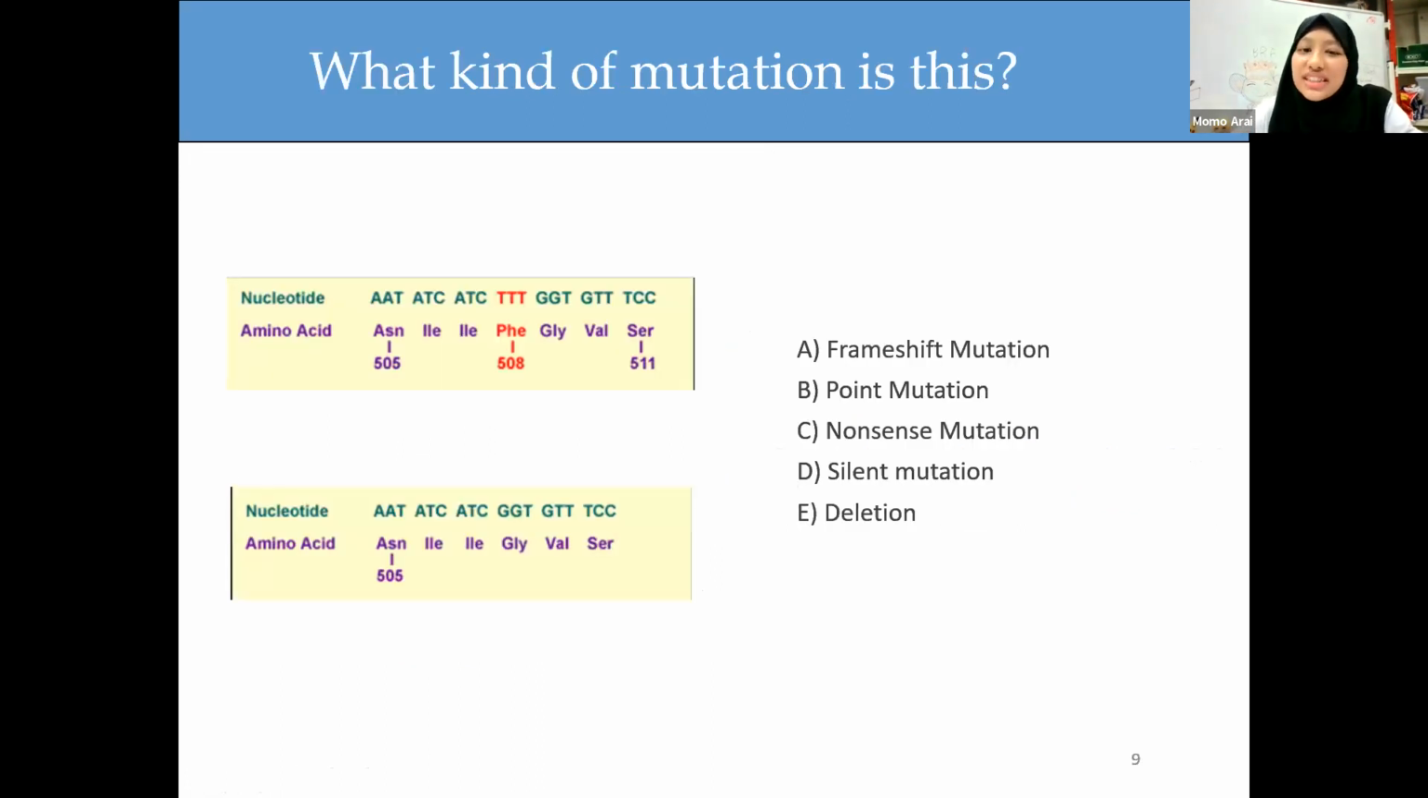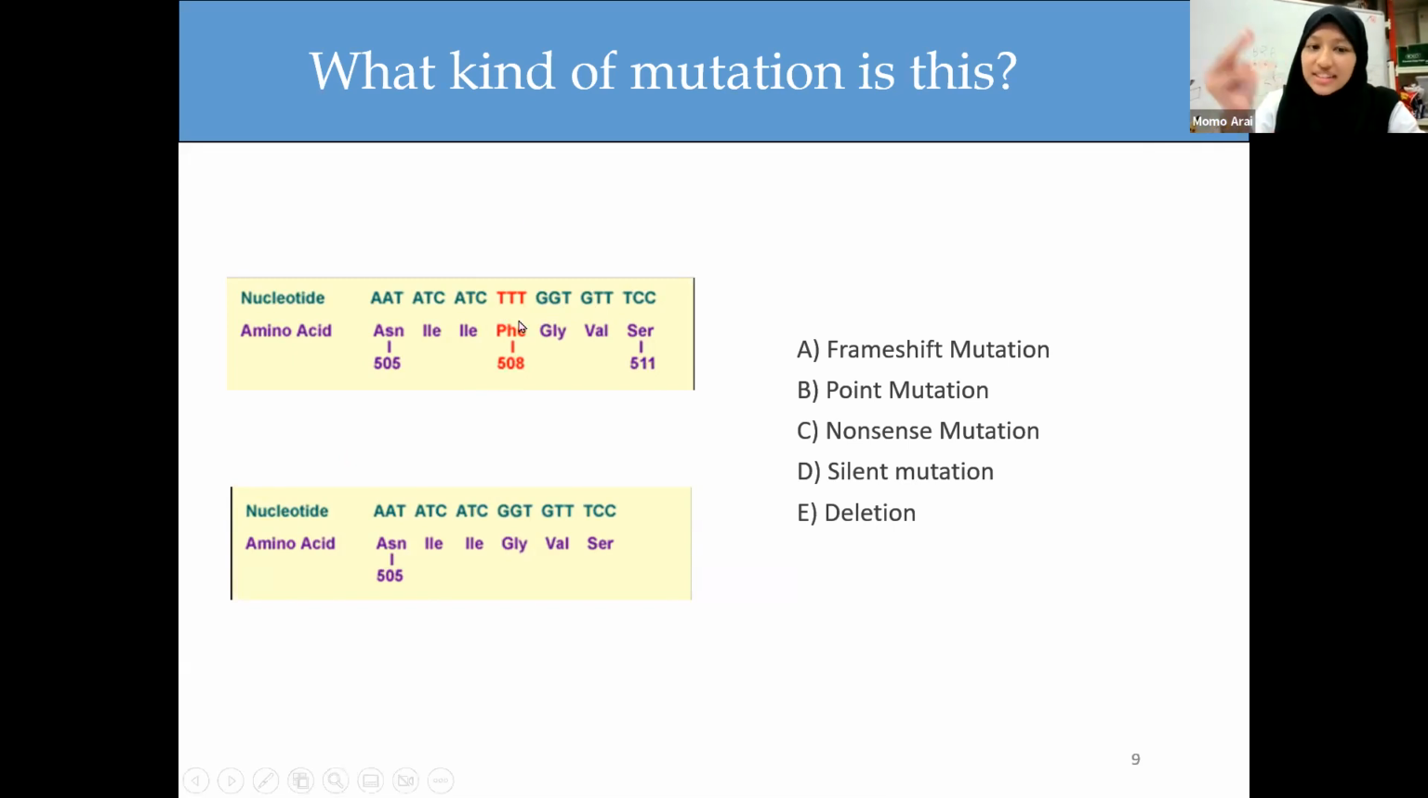Now, what kind of mutation is this? So this is the normal one, and this is the abnormal one. Yeah, I'll wait for others. Yeah, it's E. Okay, and I know what I said about addition and deletion, but in this case,